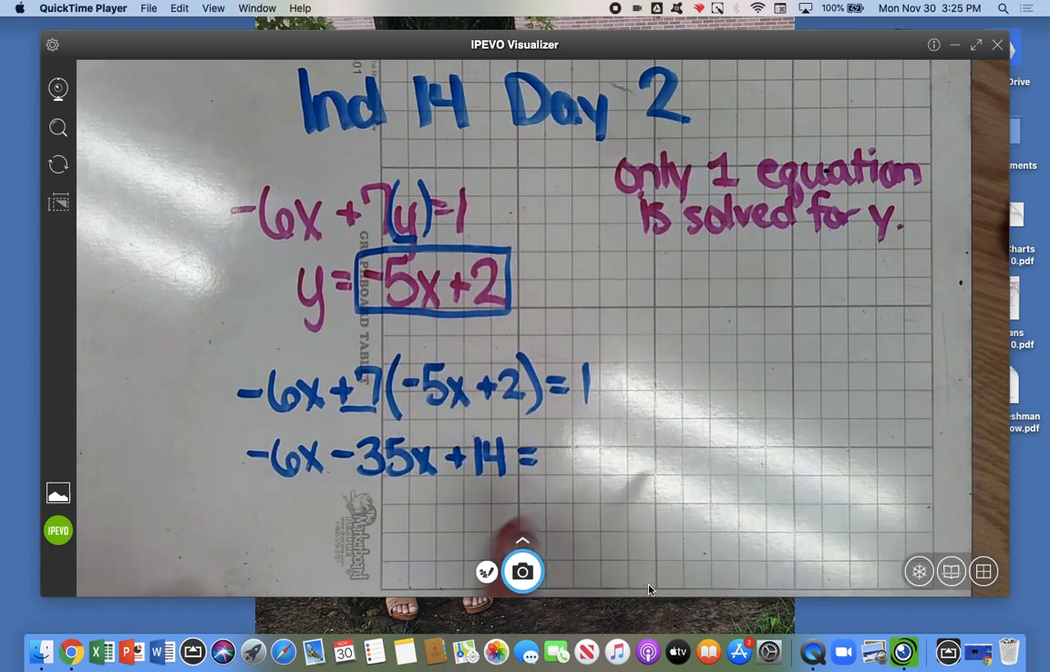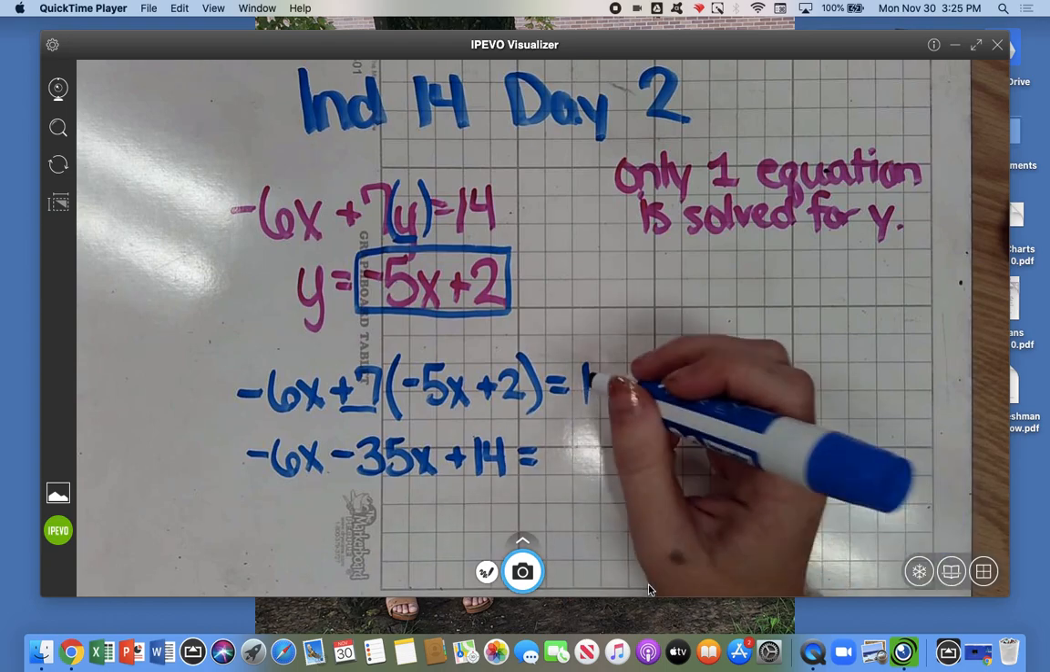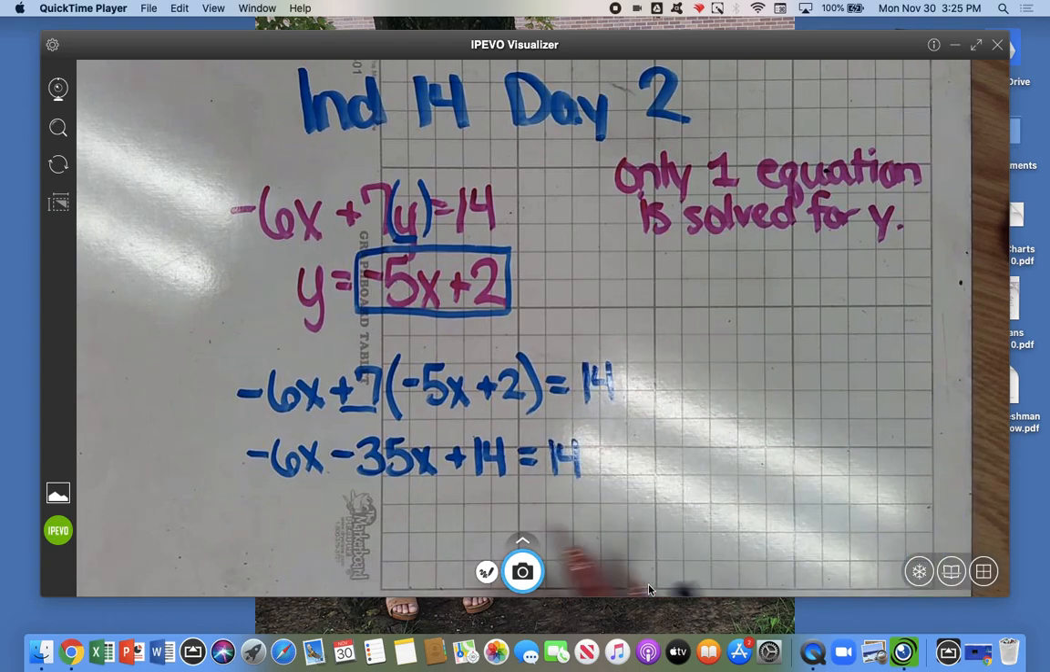I copied down the problem wrong. My bad. It didn't affect the substitution, but those are 14s. You'll understand why in just a second. All right, so whenever you have those 14s